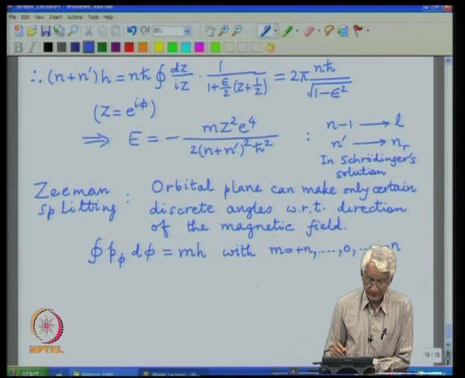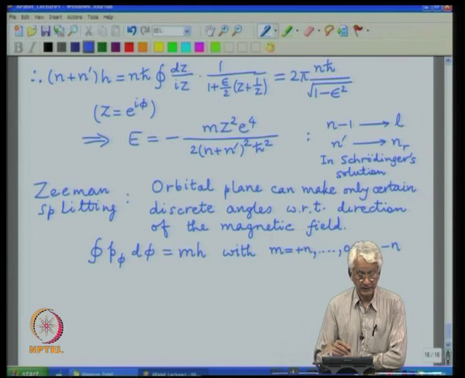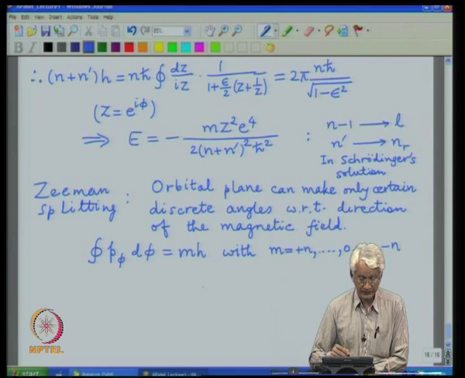This was okay for states where the angular momentum was integral, but of course, the problem came when the spin of the electron was discovered and the orbital angular momentum was not enough to explain Zeeman splitting. You had to add the degeneracy coming from spin, and the value for angular momentum which it contributed was half. So, that was not possible to include in this particular formalism, and that became another problem.